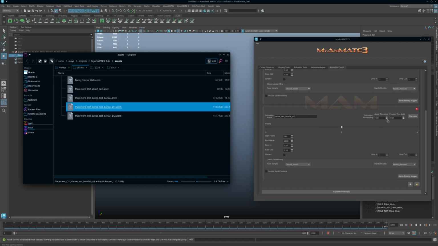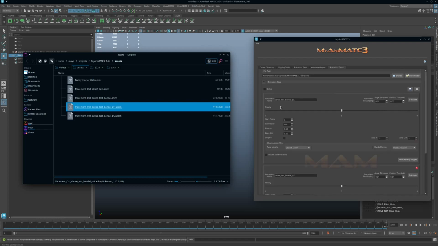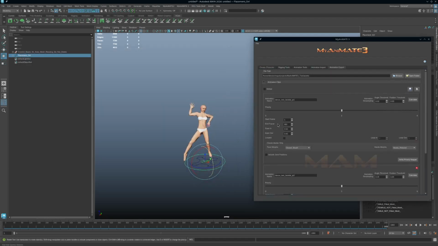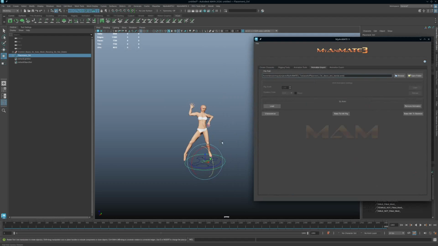So we can even just go back and forth, like in the animation import that we had from the other day, from the other video. We can just remove that animation,